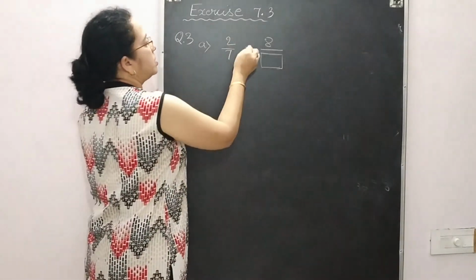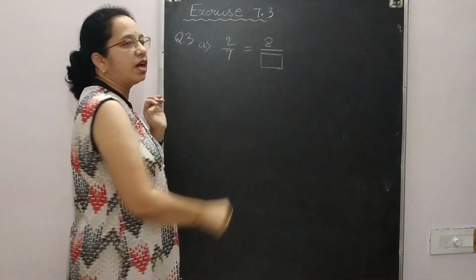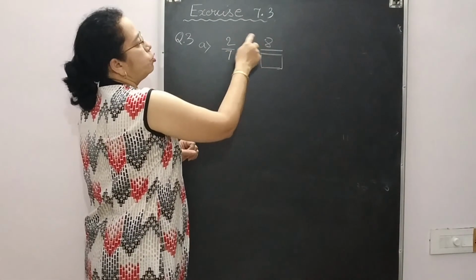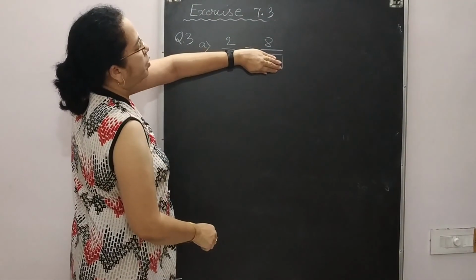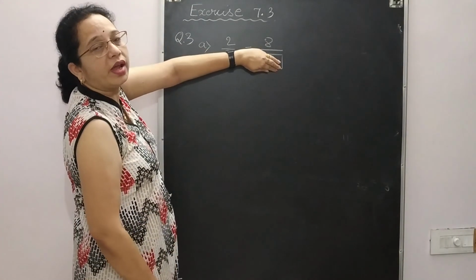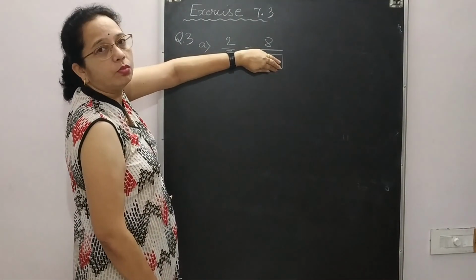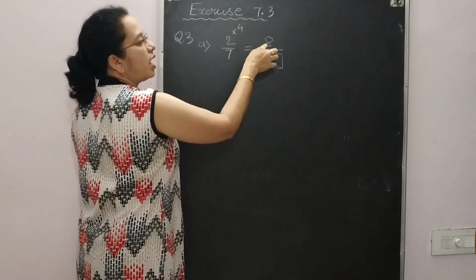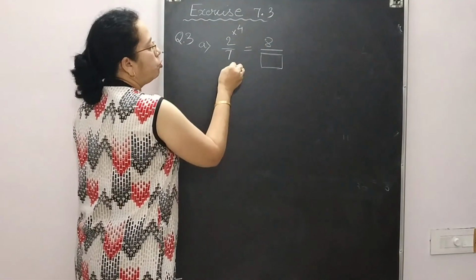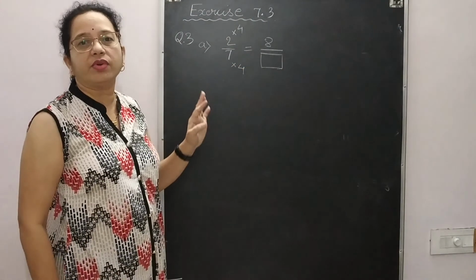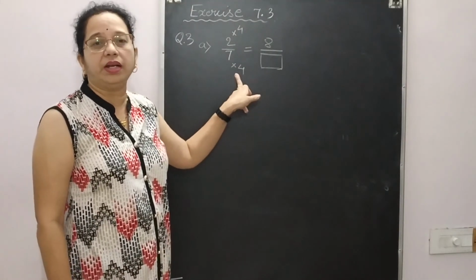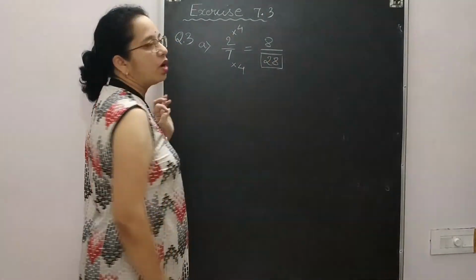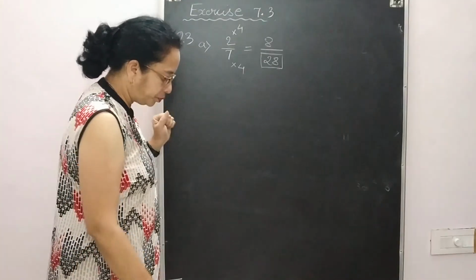Okay. So which number will come? These two fractions are equal. It means they are equivalent fractions. So these two numerators are given. Hide this denominator. What is the relation between 2 and 8? How will you get 8 from 2? Simply we need to multiply by 4. 2 4s are 8. What does it mean? We need to multiply 7 by 4 also. Denominator also we will multiply by 4. So 7 4s are 28. So these two are equivalent fractions.